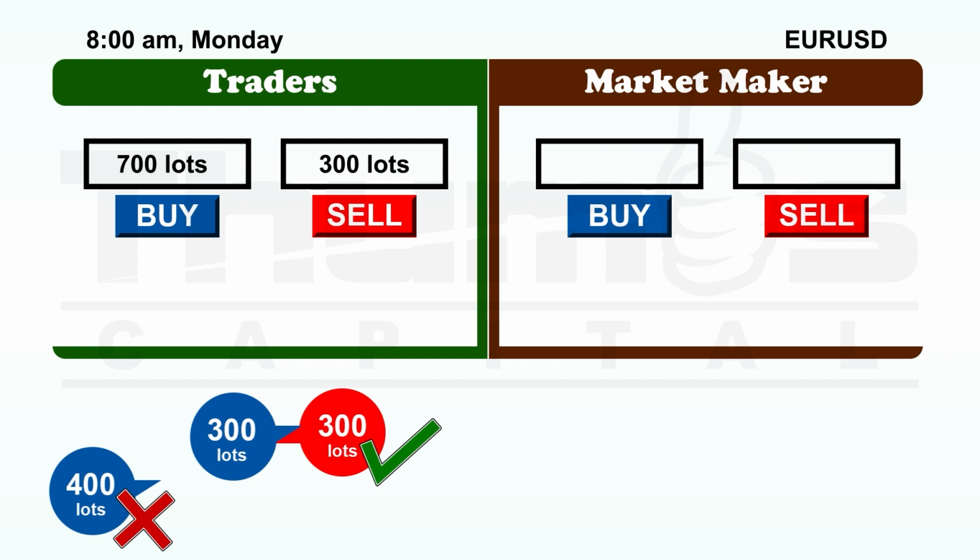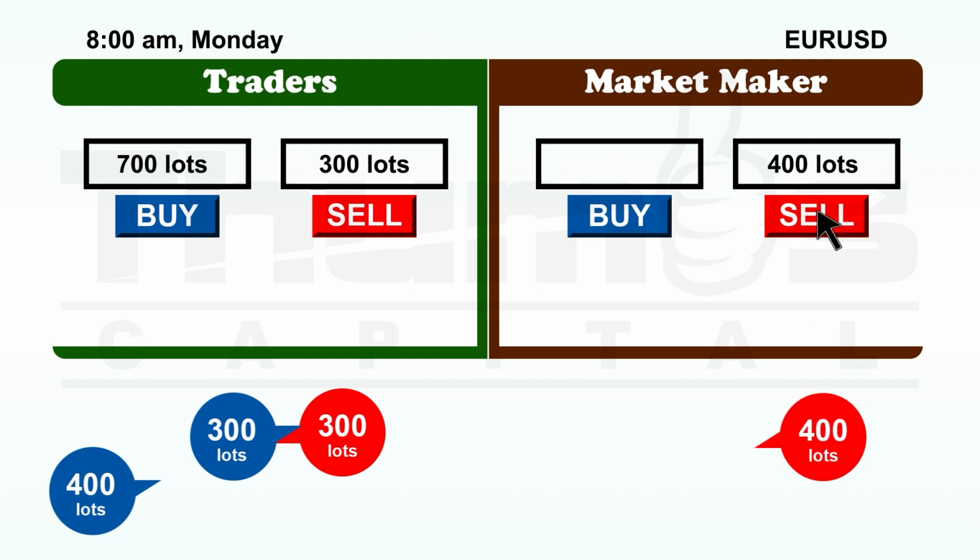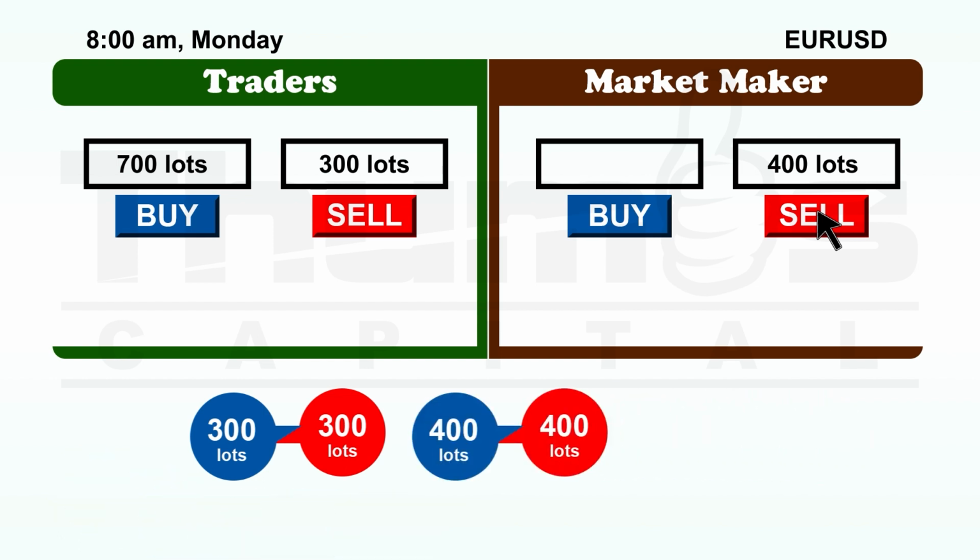In this kind of situation, trading becomes first come, first serve, leaving most traders frustrated. That's why the market makers exist. The market maker in this example will have to sell 400 lots on Euro USD so that the leftover 400 lots buy trade by the traders will be executed. The market maker has to take the sell trade even when they know price will go up, contrary to what you must have heard about the market maker. They don't trade for profits. They trade to ensure trading activities flow smoothly by providing liquidity.